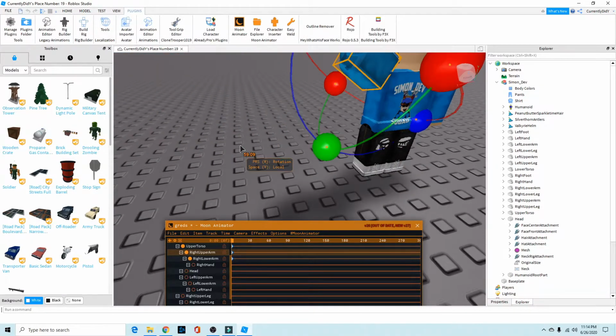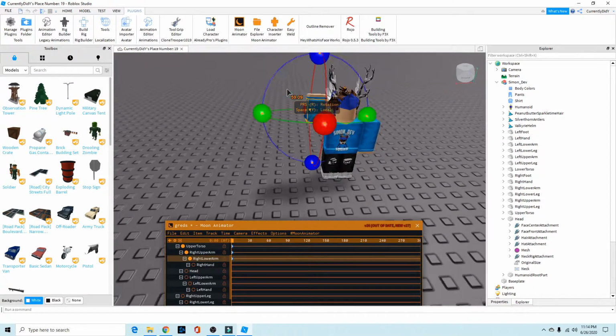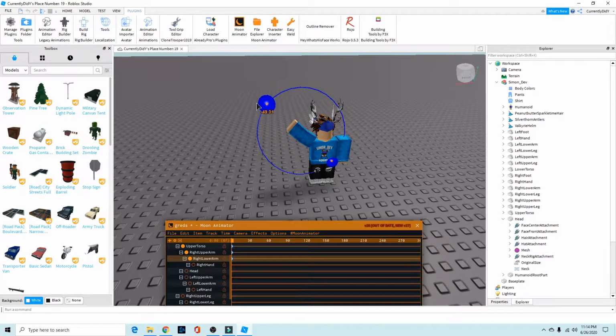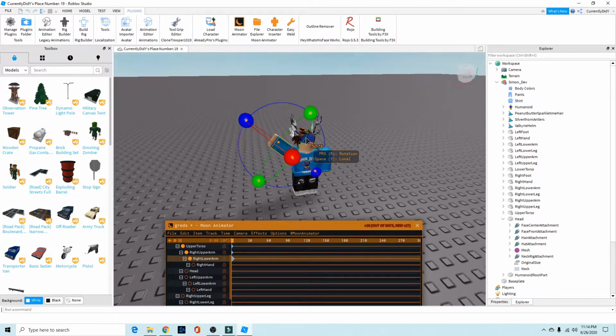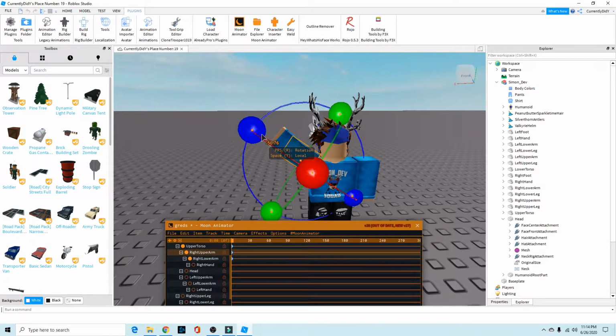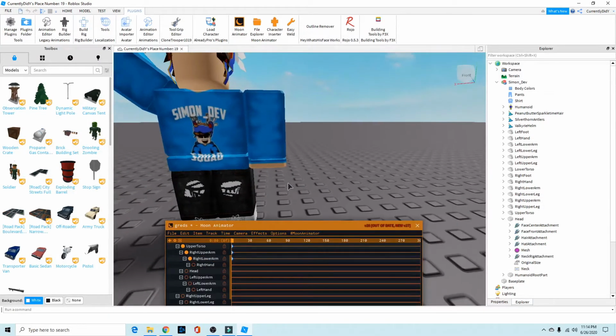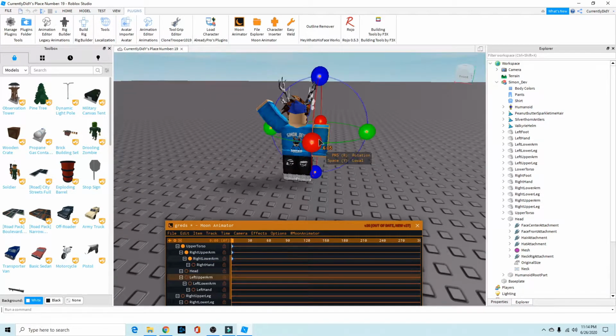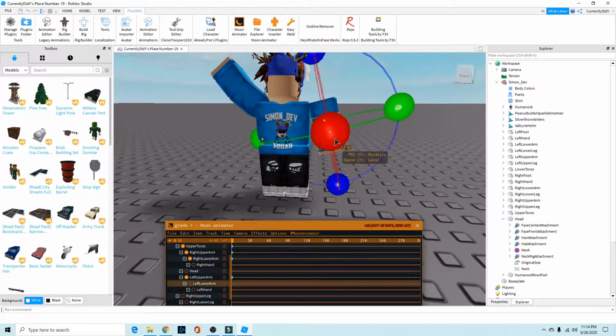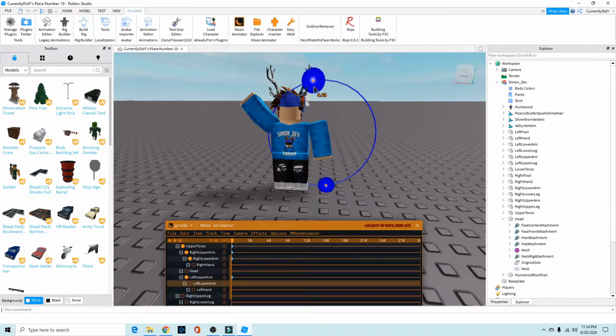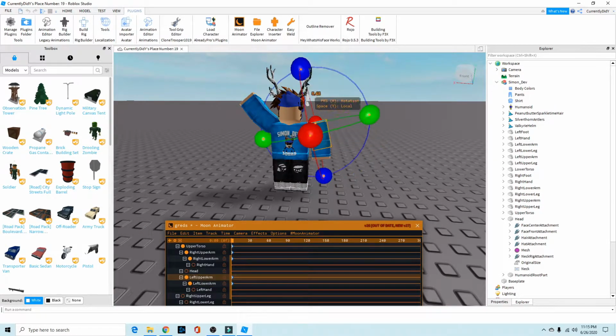I'm going to go ahead and just put his arm back in place. So right about there, actually, that looks good-ish. I'm going to put it right there. Boom, boom, boom. Right about there. And we're not going to do the same with the other arm. What we're going to do with this other arm is just put it right about there, and then move his arm just a little bit, like where he can touch kind of his